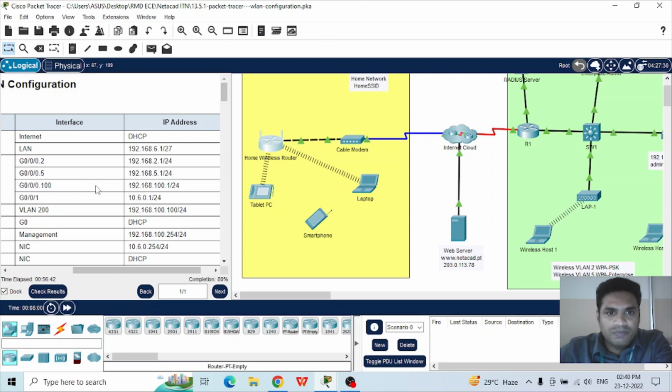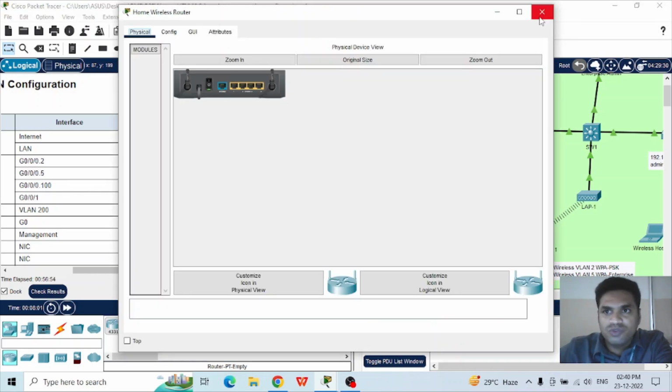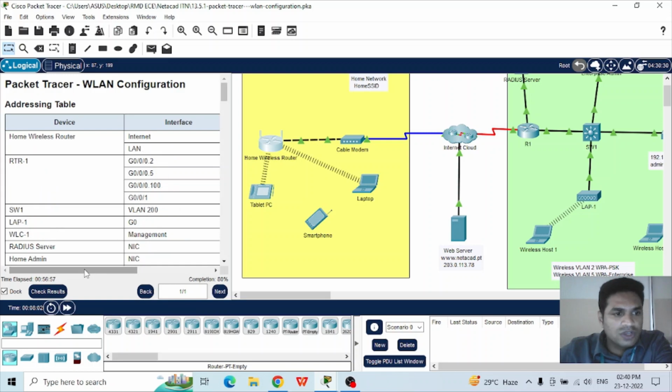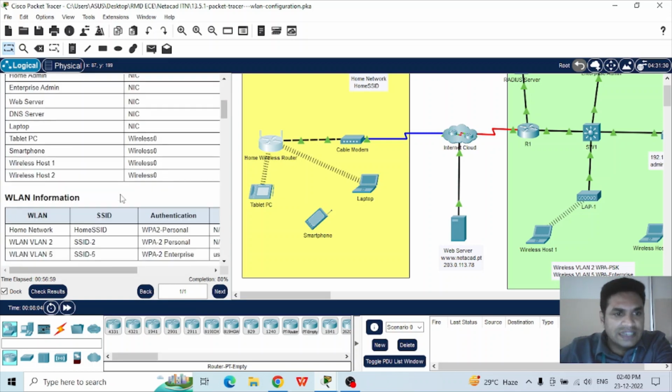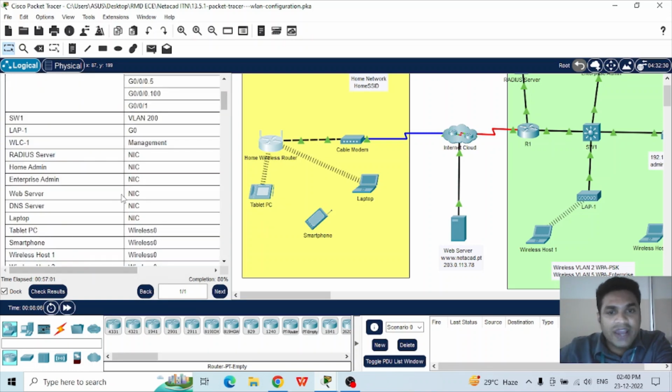So with the step by step procedure which was given at the left side, you can complete configuring the network. First, you need to identify the devices available for constructing the network. Then you need to design or plan the configuration of each of these devices, how it should be connected. And then